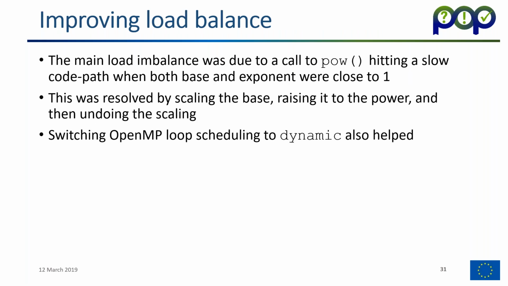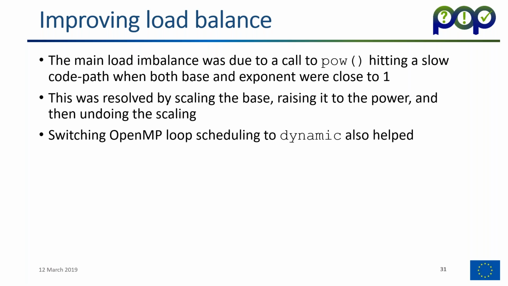The second thing, improving the load balance. From the VTune output, we could identify exactly which loop was suffering from this large level of imbalance, and Zenotech could then look at that in more detail to determine why this was. And what was actually happening here was that contained in this loop, in the loop body, were calls to the POW function. This is computing a number to another power. And for certain iterations, these calls were taking an extremely long time